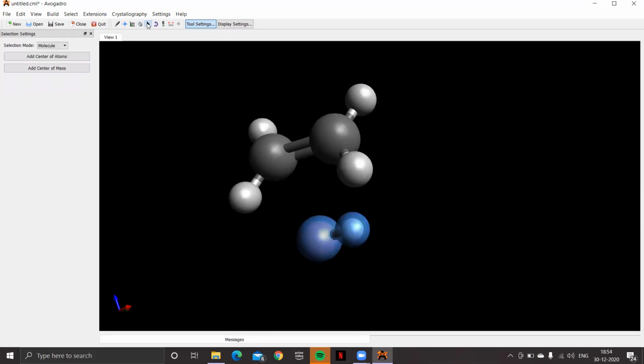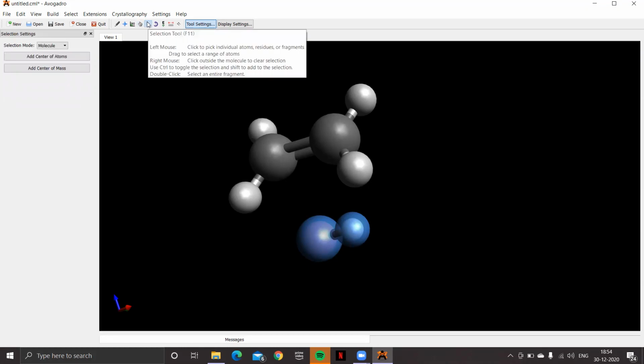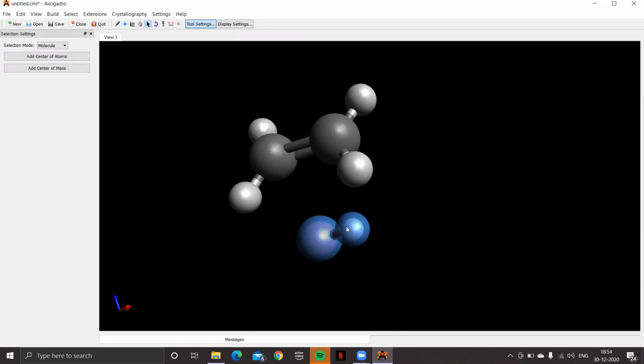With the selection tool, if I want to deselect this, simply right click, it gets deselected. Anyway, in the display panel, if I right click, it will get deselected. I can also select this molecule atom by atom. If I opt for atom from the drop-down menu and then click on this atom, it gets selected.